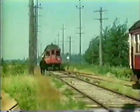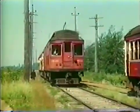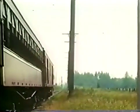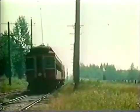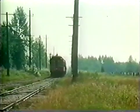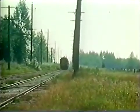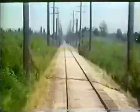Here comes the baggage cart. All lined up. He's on his way. That was the most common setup, 2 coaches on the back with a baggage car on the head end. That was number 2 left in the morning. Oh, he's leaving Hall's Prairie. He's getting by